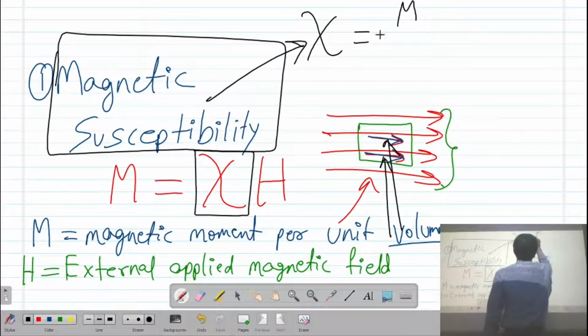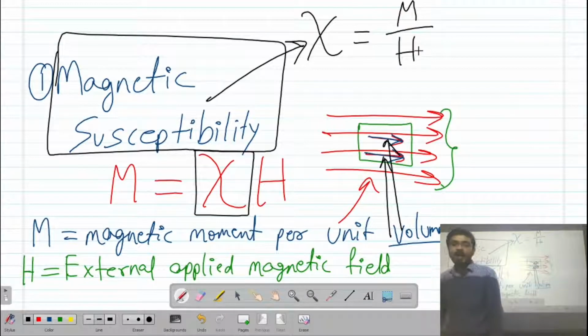That will be M divided by H, where M is the magnetic moment per unit volume, and H is the external applied magnetic field. Physically, what we understand by magnetic susceptibility is this: